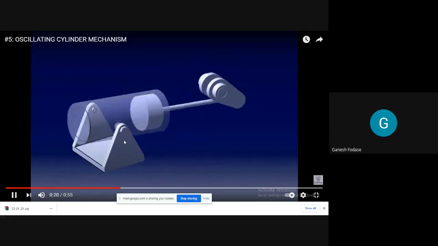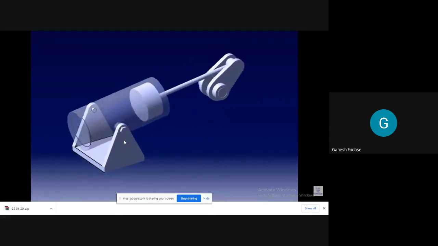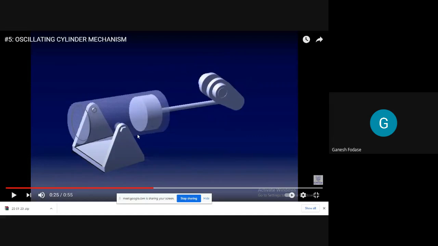So along with the reciprocation, the cylinder is oscillating. Links are clear here, all of you? Link numbers and links. Yes, sir. Now tell me, this one is which link? Link number 2. The piston rod is 1. What about the cylinder? That is 4. And where is link 3 then, tell me? Link 3 is the fixed link, okay?